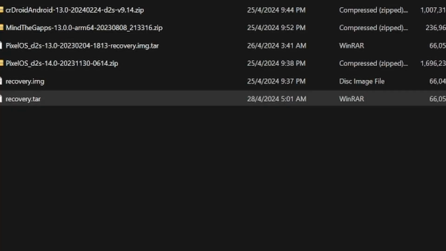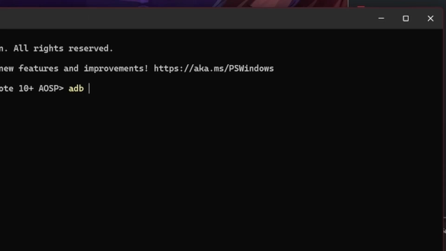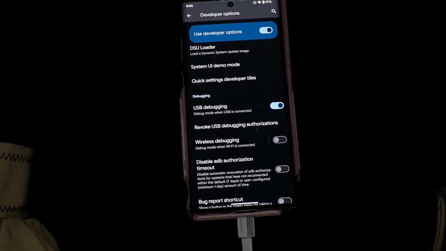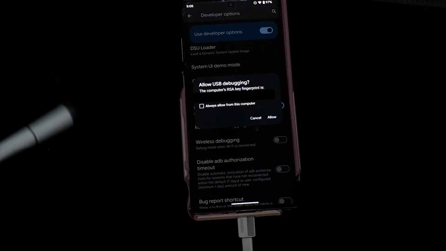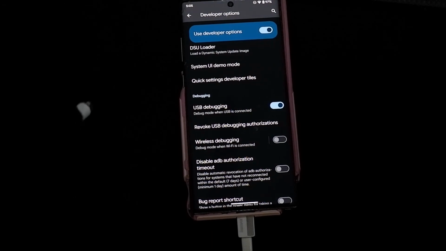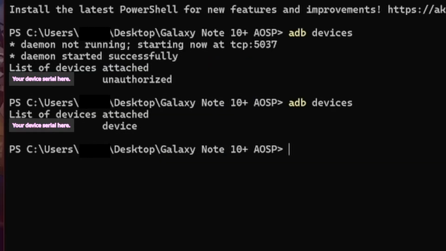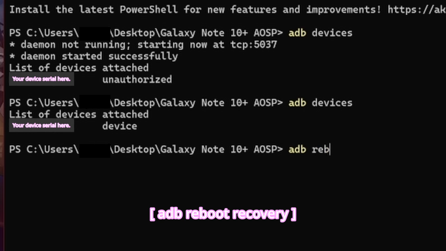Now that we're there, we're gonna open up our terminal. Plug in the device and type the following: ADB devices. Because what we wanna do is check if it can find the device. And usually it would just ask you if you would allow USB debugging. That usually is a good signal that it works. And now that we tried it again, you could see that now the device has been shown as device. We can now jump straight into the recovery without pressing these stupid combinations by typing ADB reboot recovery. Press enter, and this should take the device straight to the recovery.